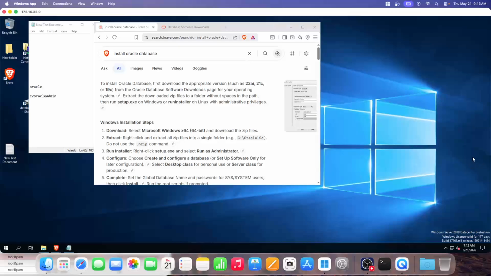We're going to be installing the Oracle database for our Commvault, but we need to first install the Oracle database itself before we can install the agent in Commvault. So in order to get the Oracle database, we're going to just go to your browser and type in